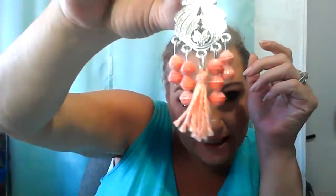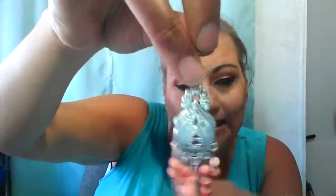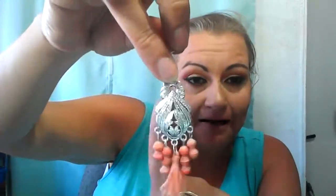These are bright coral earrings with handmade tassels. The only piece that is store bought is the big silver pieces. I don't have a metalsmith shop yet. That's one thing I want to learn. But our next jewelry thing we're bringing in will be,